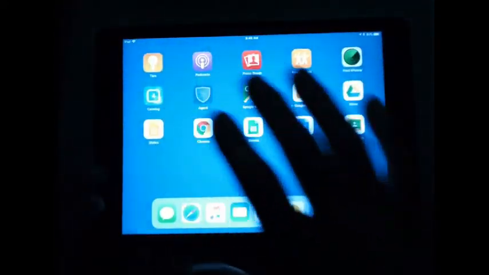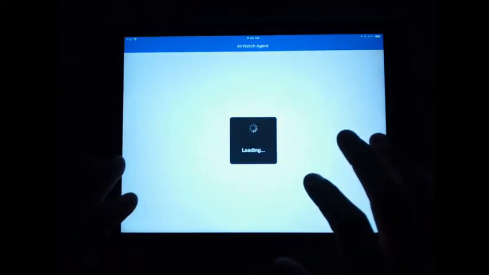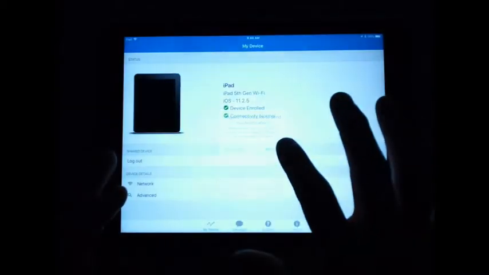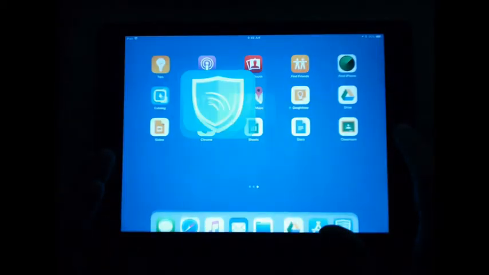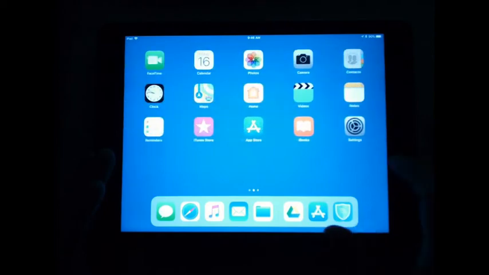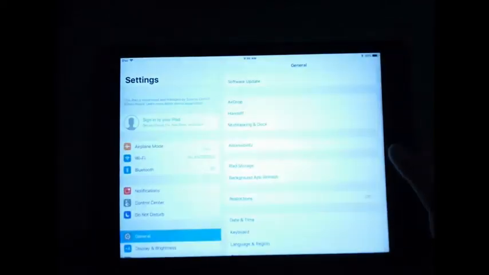Okay. So yeah, there's the App Store. Let me just sign out of here. That should trigger it off. Log out. Yes. Boom. Still there. I should have wiped and enrolled this thing before we got in here.